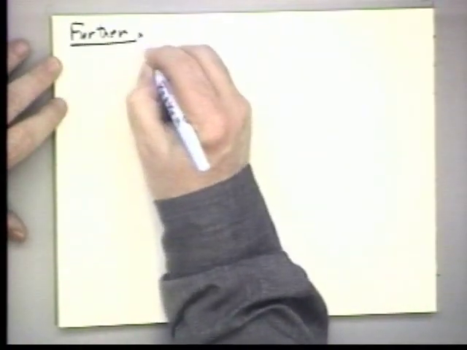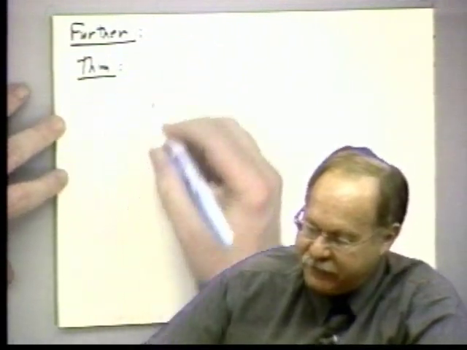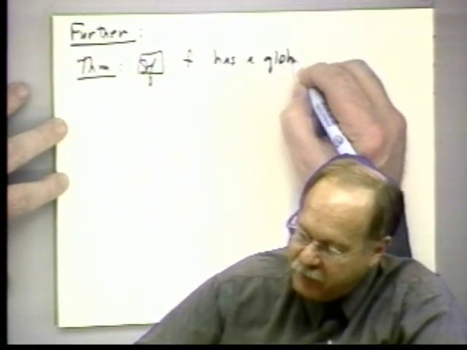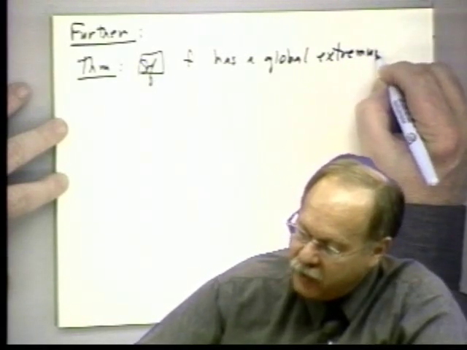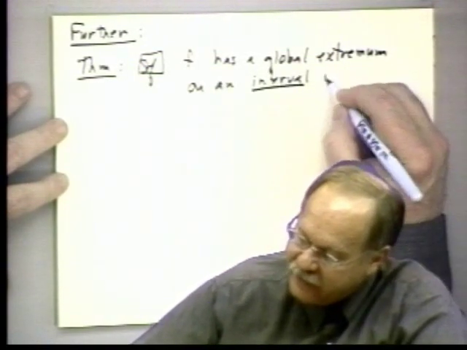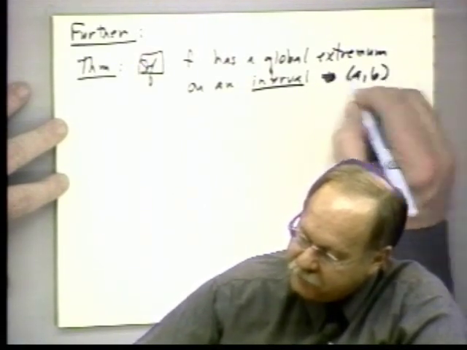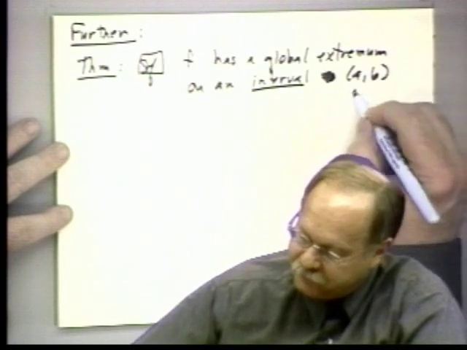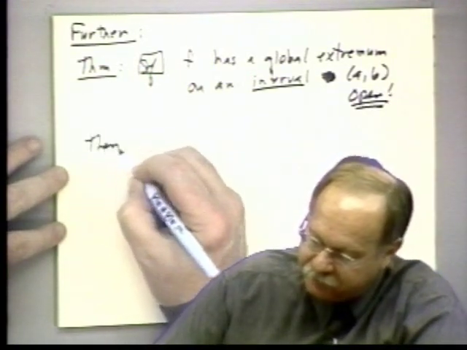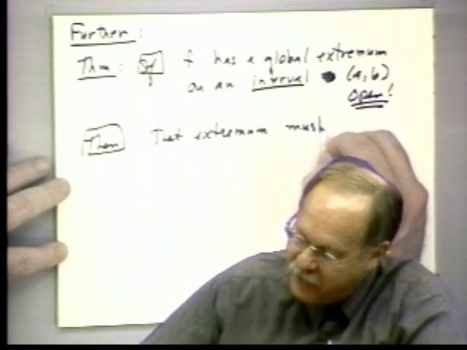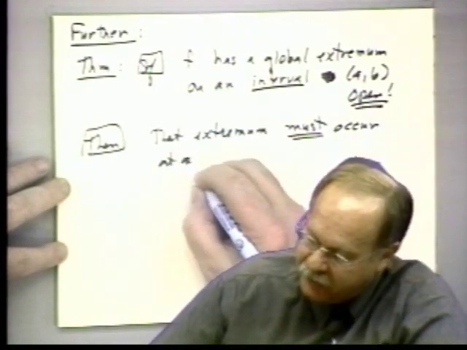So our next question is, well, now that I know they exist, where are they? Well, here's a further theorem which will add to that. Suppose we have f, and f has a global extremum, which could be a global maximum or a global minimum, on an interval AB, which is an open interval, you notice. Suppose it has a global extremum on an interval that is open. Then that extremum must occur at a critical point